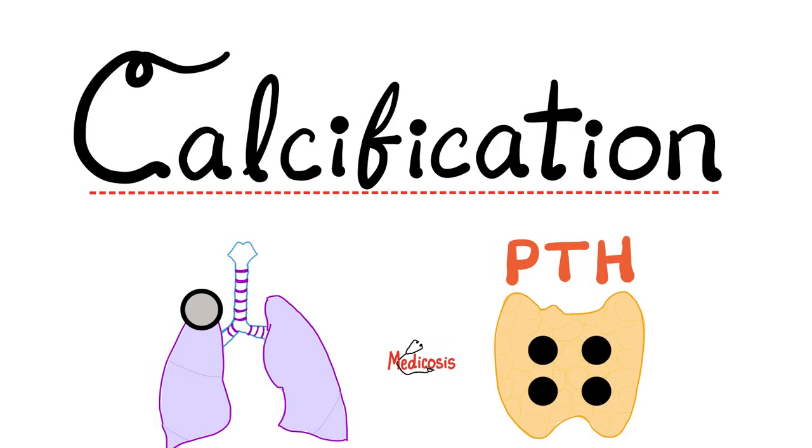In previous videos, we talked about cell adaptation, cell injury, cell death, atrophy, hypertrophy, hyperplasia, metaplasia, dysplasia, neoplasia, apoptosis versus necrosis, benign tumors versus malignant tumors, hypoxia versus hypoxemia, and much more. Today, it's time to talk about the pathological calcification, including dystrophic calcification and metastatic calcification, where there is too much deposition of calcium salts into various tissues.